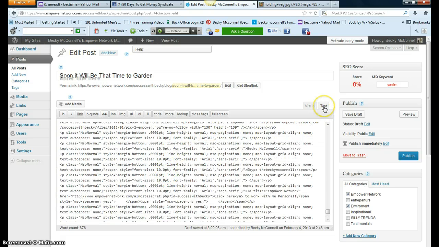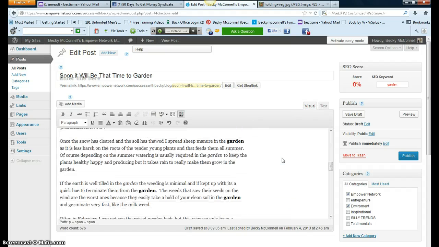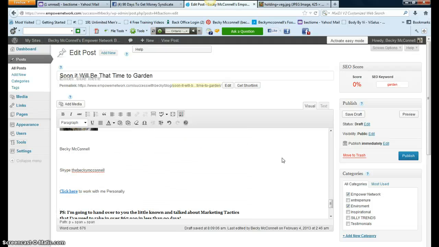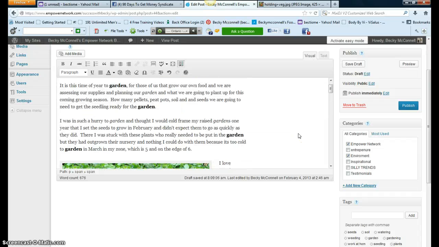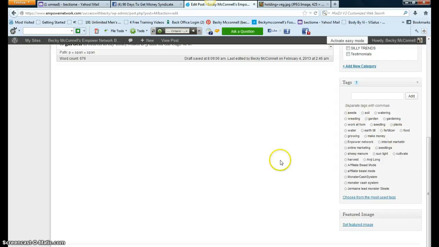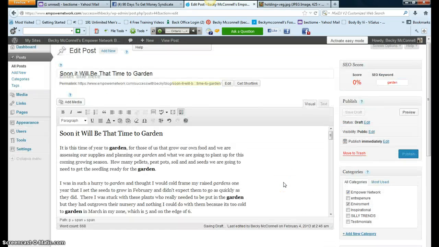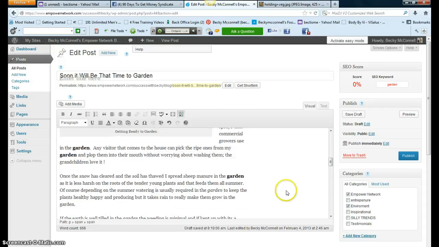So now I'm going to go back to Visual. And we have it all set up now. We have the keywords in. And I'm going to save draft. Now, the more keywords you have, the more it crawls and looks for different parts to show your pertinence when you're hoping to be seen. Now let's go and look at